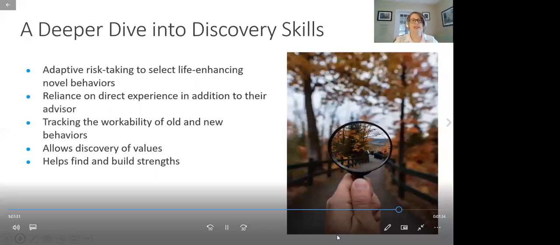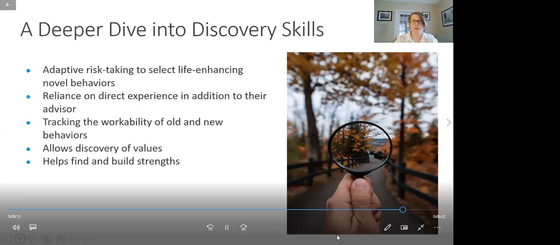Okay. So this is the heart of exposure, this discovery piece, right? This moving into valued action and committed action. So it's really adaptive risk-taking. So you can learn what sorts of activities are going to enhance your life. And you might rely on your advisor or not. Your risk-averse advisor is always going to advise against going too far into discovery. So that's where you need to step into your noticing space and see how it all works. And again, that's going to support expectancy violation and inhibitory learning.